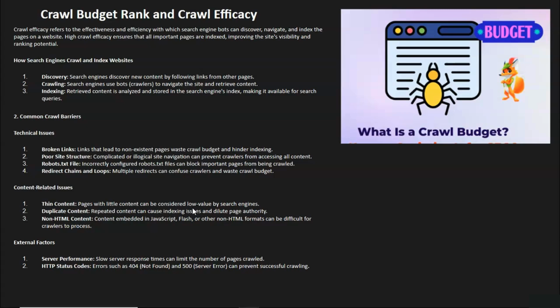When a site is not crawl efficient, it is going to lag behind its competitors. And that will also result in lower rankings, lower traffic, and generally poor website performance. There are some barriers to crawl efficacy, and they exist on the technical level, on the content level, and on the external level. On the technical level, a site can be said to be not very crawl friendly